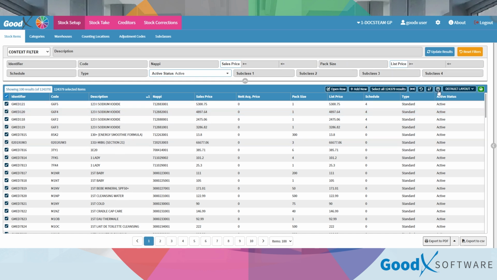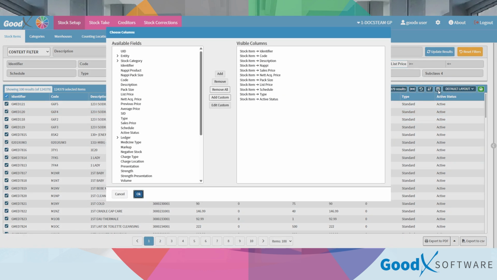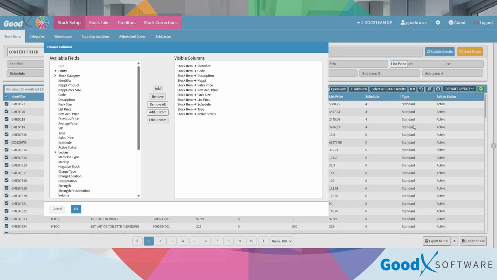All right, and then right next to that, we've got choose columns. Choose columns is basically just deciding which columns you want to make available based on the information you want displayed on your stock item screen. So these are the visible columns, but we've got a whole lot more information that is available to us. So for instance, if you want to focus just on the pricing, maybe for a specific report, instead of